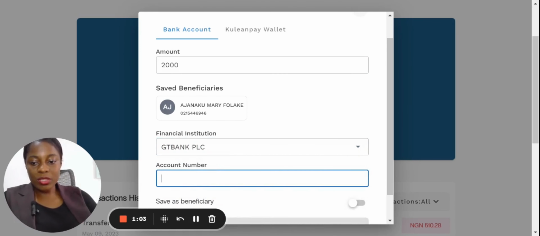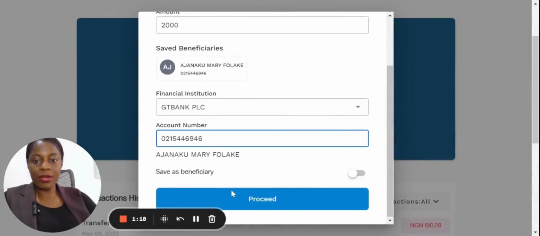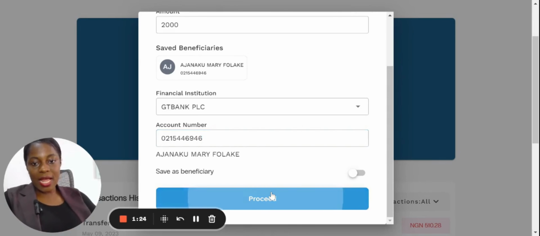And then I'm going to put in the account number. This is assuming this is my first transaction, right? Because I already have the account number here. And this is it. This is what we have here. And the full name comes up, and you have a choice of saving it as beneficiary or not. And then we proceed